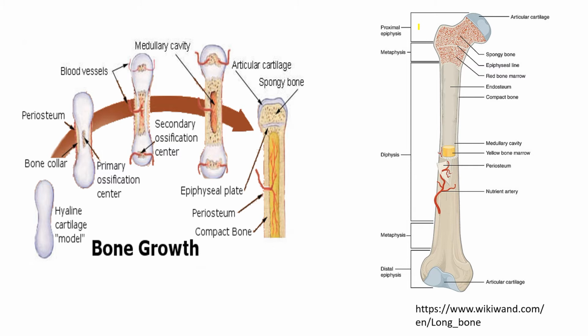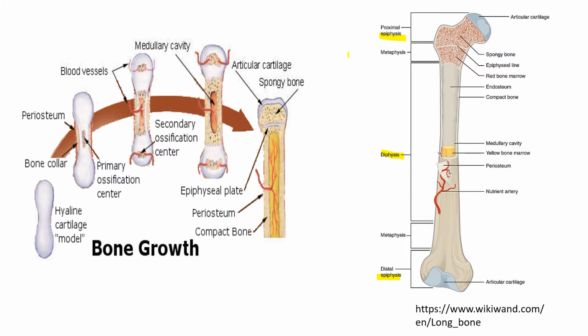This is a picture of a mature long bone. We have the diaphysis, the proximal epiphysis, and the distal epiphysis. And we also have this area called the metaphysis. The metaphysis in this picture is composed